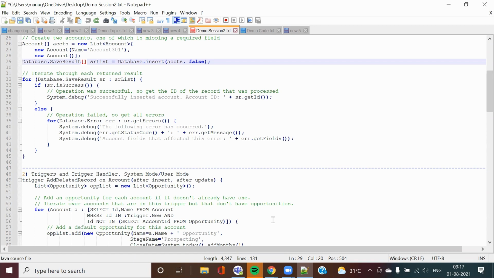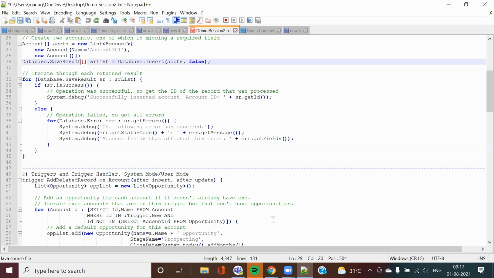So mainly there are two categories of trigger: before trigger on the same object, after trigger on multiple objects. Is this example clear? We will go into the demo also. I will show you one example for after trigger also. Okay, I assume it's clear. And now comes the next part.